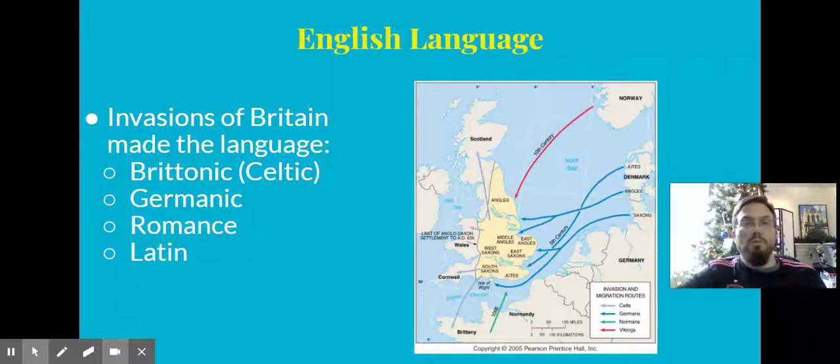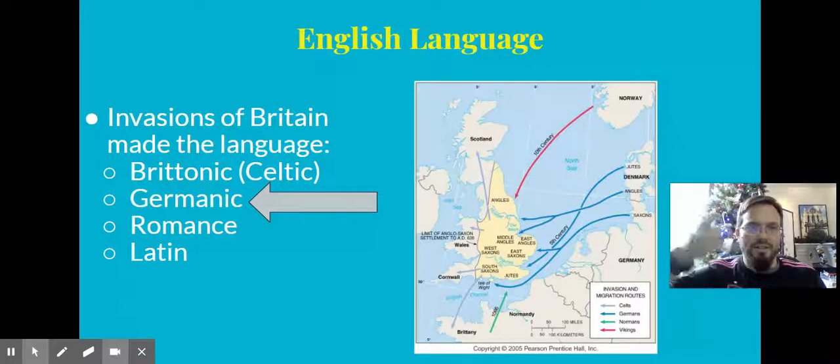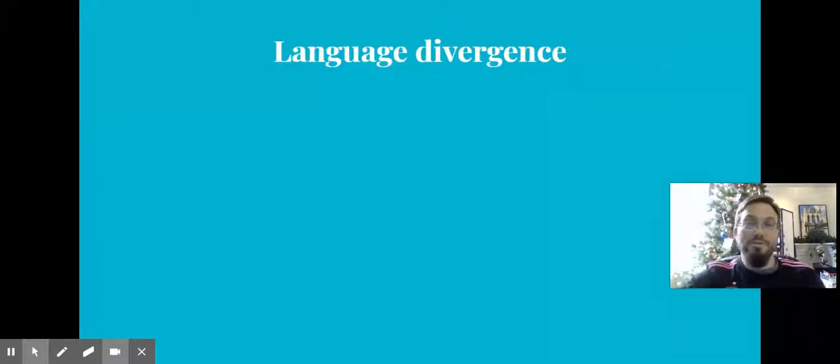Let's take a look, though, at what that means when it comes to the development of language. So to the basics of the development of language. Right. You should remember that English is a Germanic language. Indo-European, all of those things that I just mentioned there in the bullet points are Indo-European, but specifically of the Germanic branch. So that's the base language, and then the others were kind of added to it in different ways. All right, the different ways that they were added to it.